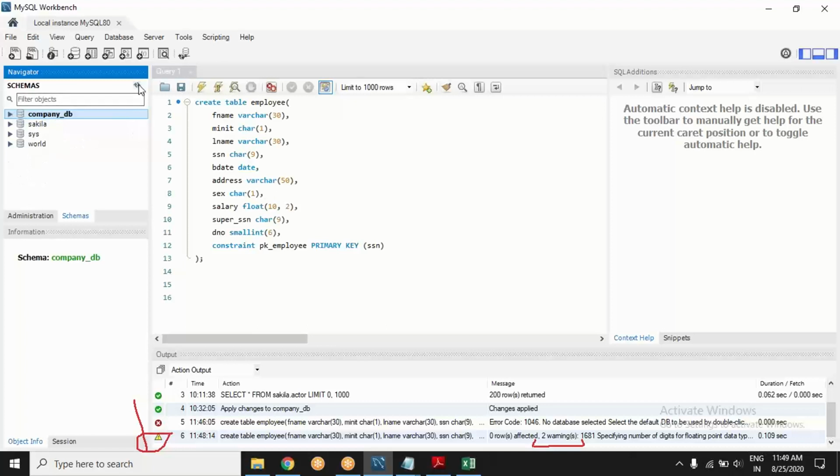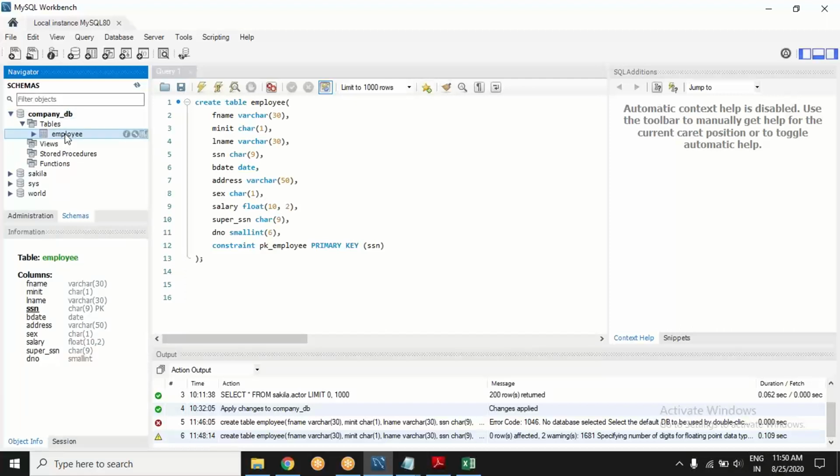One thing that you will require to do is refresh this from this button here. Let's refresh these schemas, and now if I check tables, okay, there is an employee table. I click on this employee table. Everybody here, along with me? I see that all the columns are there, the way they were expected to be. SSN is highlighted because it is the primary key mentioned here.